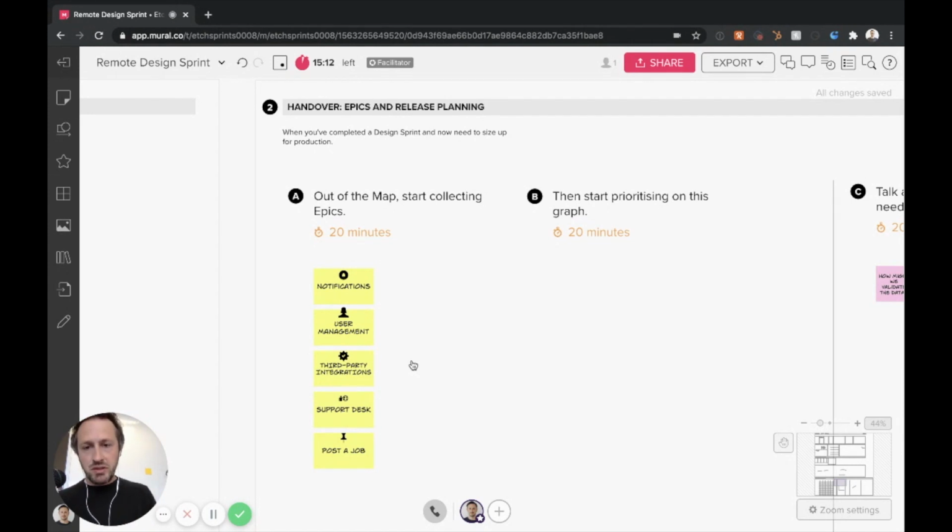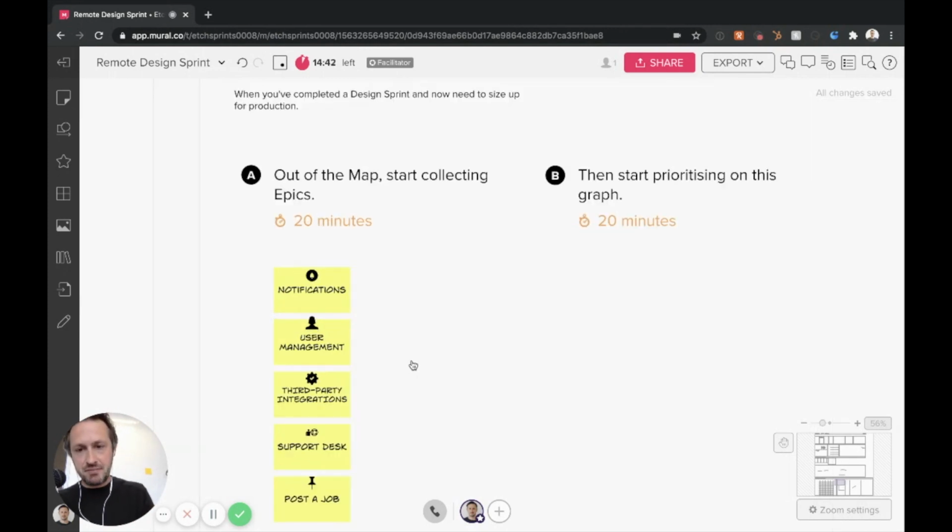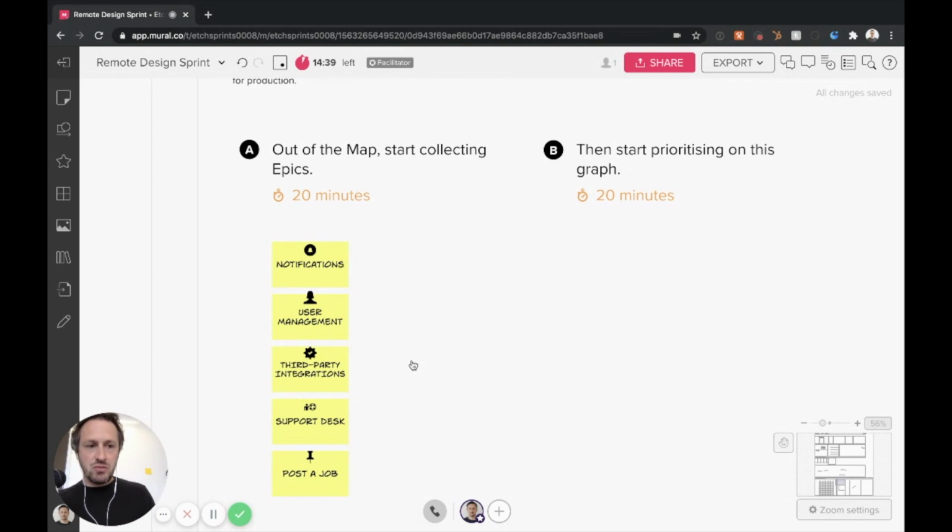So what you can start doing as a team is look at the map and start collecting the epics. And the epics are essentially the key parts of this experience. If a production team needed to make something, what parts of that would they need? They're pretty much buckets, and you need to categorize what those buckets look like. This all comes into their sprint planning and when they start sizing things up, sharing with the team and starting